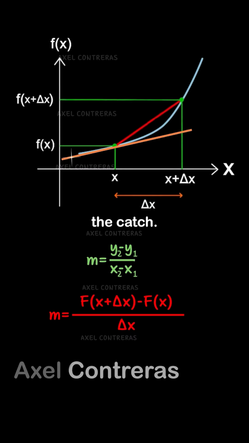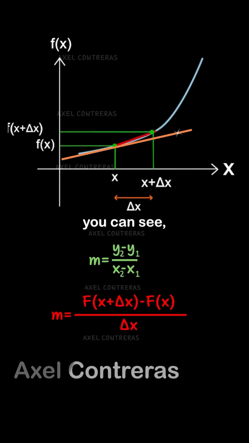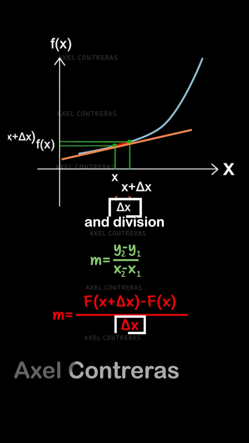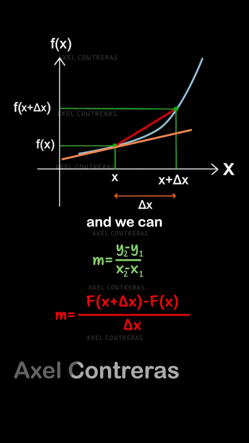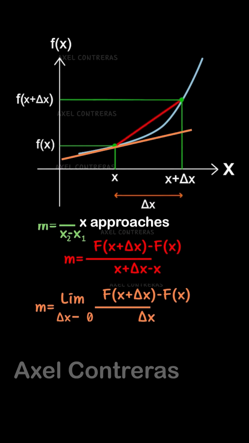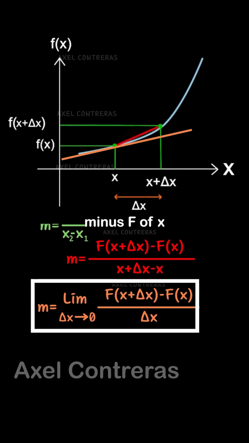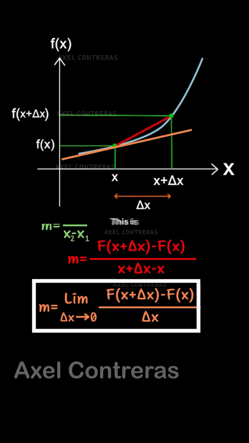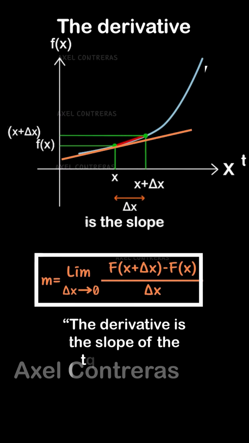Now, here's the catch. That slope can't be calculated using the formula we've been using, because as you can see, delta x would have to be 0, and division by 0 is undefined. But guess what? The limit is defined, and we can evaluate it. That's why the slope of the tangent line is defined as the limit as delta x approaches 0 of f of x plus delta x minus f of x divided by delta x. This is the definition of the derivative, and that's why we say the derivative is the slope of the tangent